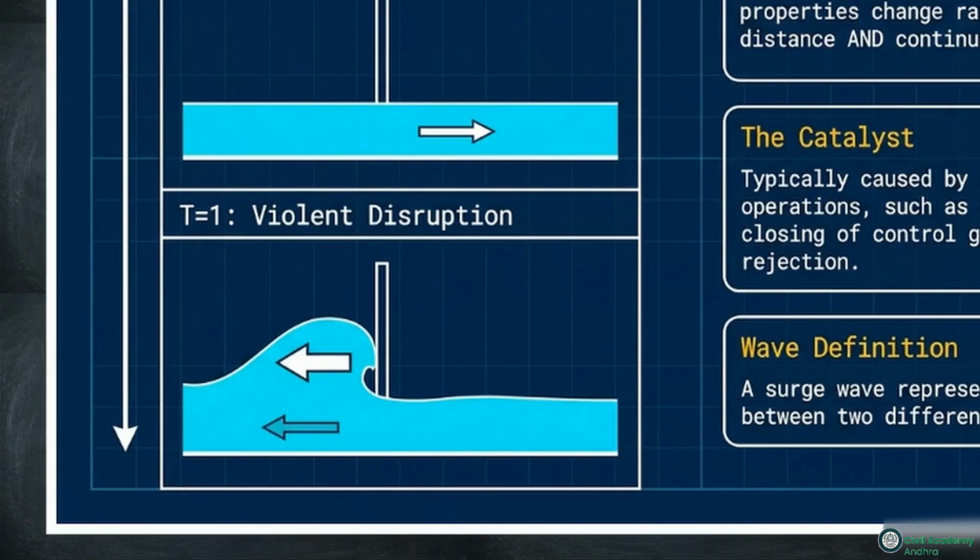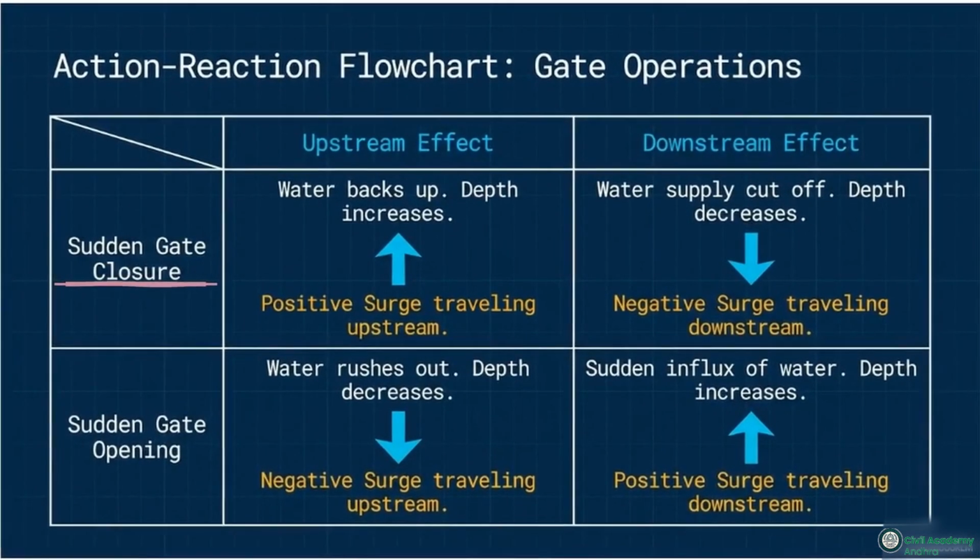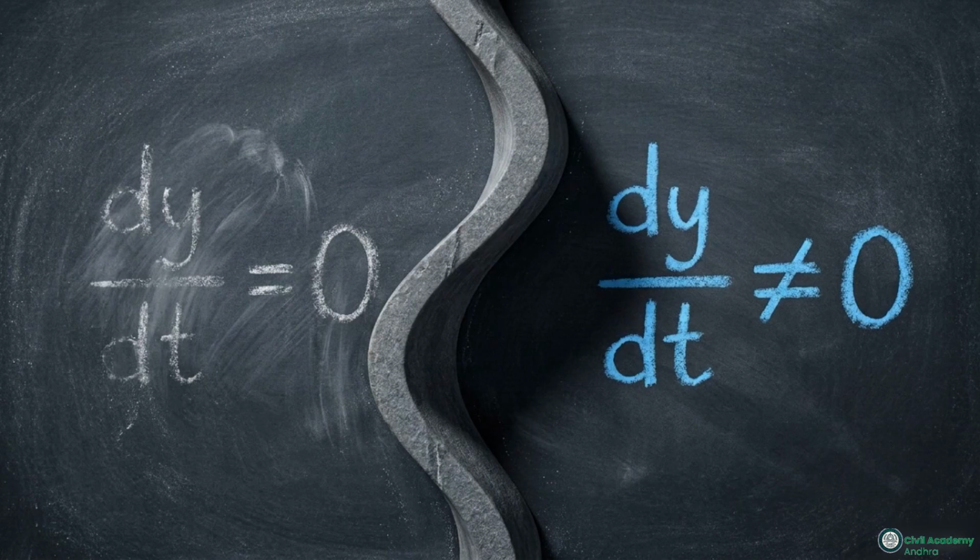This flowchart tracks the reaction of the fluid system to these sudden operations. A sudden gate closure generates a positive surge backing up upstream, and a negative surge starving the downstream flow. Conversely, a sudden gate opening causes water to rush out, creating a negative surge upstream and a positive surge pushing downstream. Accounting for these mechanical time variations necessitates the shift from steady-state formulas to unsteady kinematic equations to solve for